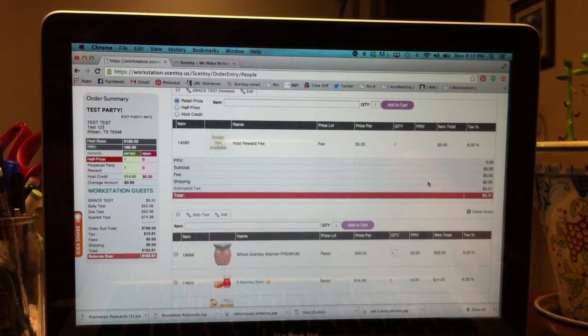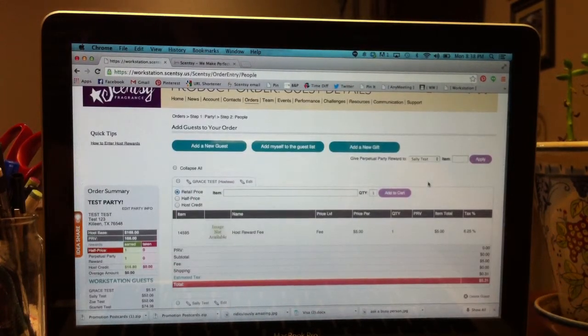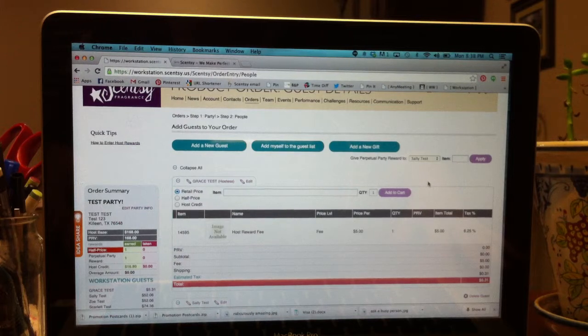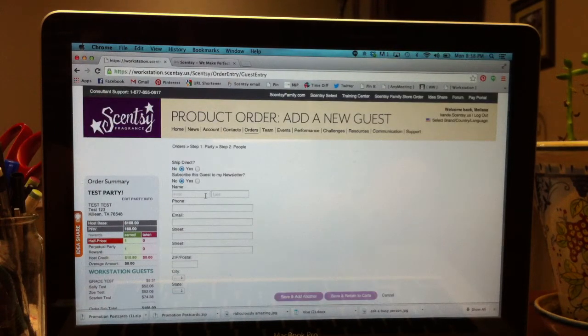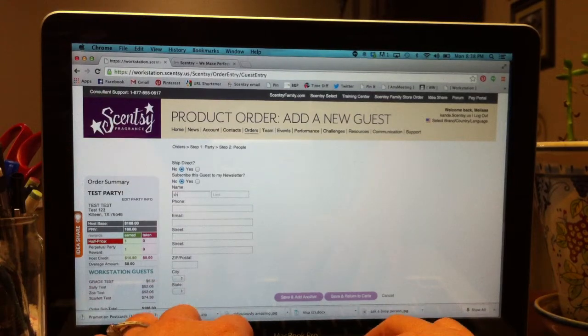And another thing you can do is use that Perpetual Party Reward to maybe fix a mistake. So, for example, if Sherry had placed an order for a cute Stella the Unicorn Buddy, but you just totally forgot to put in the order. You made a mistake. Sherry has nothing to do with this party, but that's okay. She's, of course, not going to be in the drop-down list, but all you have to do is add her as a guest right here,